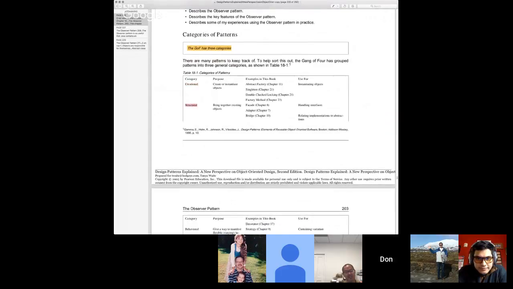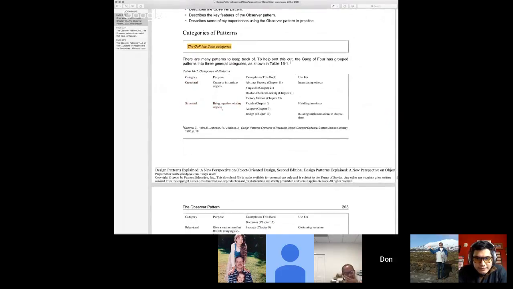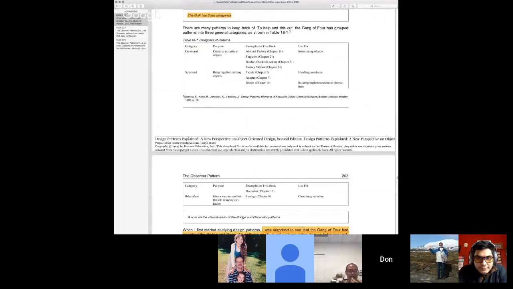Structural, which is to bring together existing objects. Behavioral, which is to give a way to manifest flexible or varying behavior, which is the only one we talked about as a strategy pattern. And then the fourth one that the author created was the